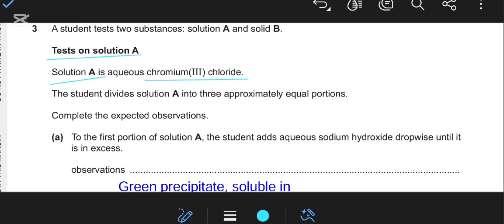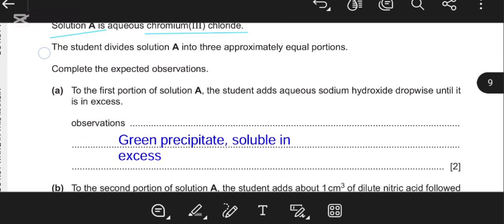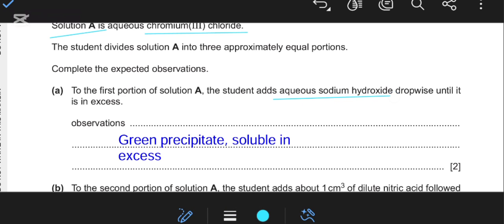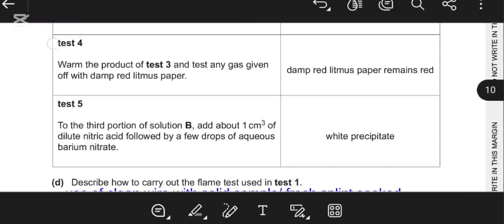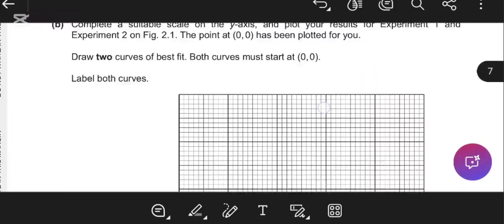So the student divides solution A into 3 approximately equal portions. Okay, complete the expected observations. So first of all, he adds aqueous sodium hydroxide dropwise until it is in excess. Okay, remember this. So if we go down and check sodium hydroxide, and remember that